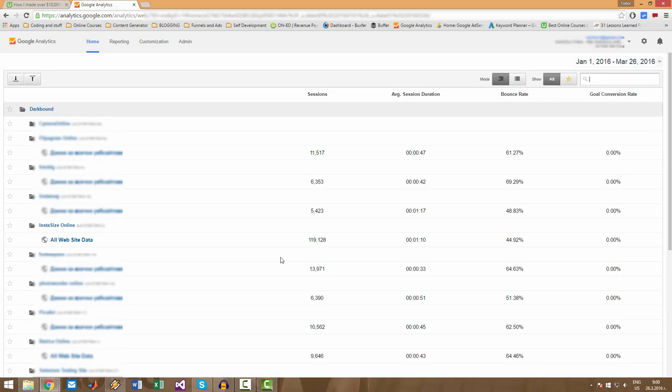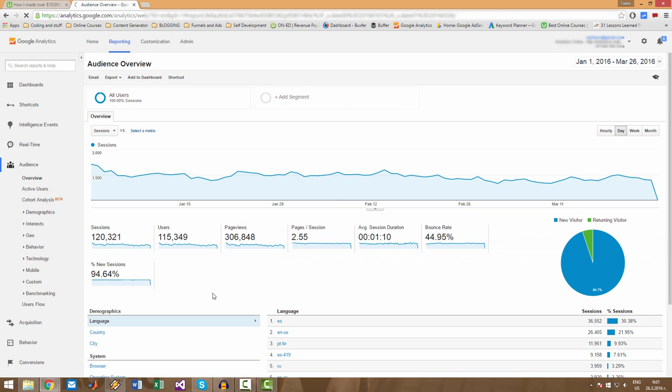Now that you have your Google Analytics set up, in order to view the info about your traffic, you simply have to open your Google Analytics, of course, click on Home, and here you will see all your available properties or websites, or everywhere where you have some tracking code. Simply select your website, click on all website data, and give it a second, and here is everything that you